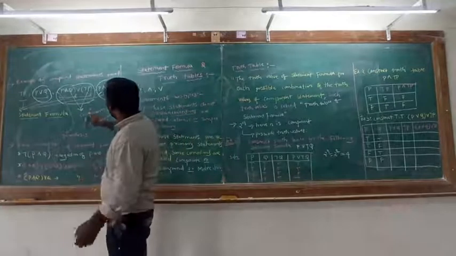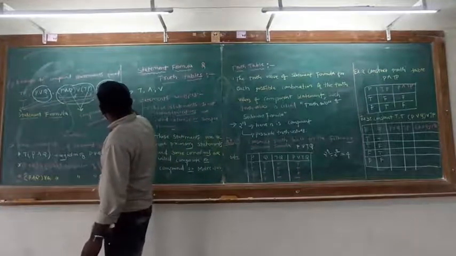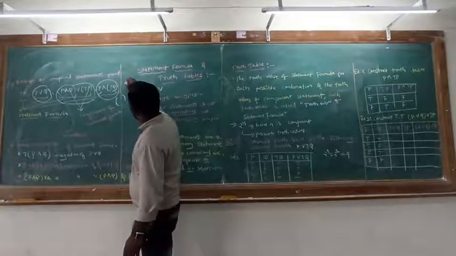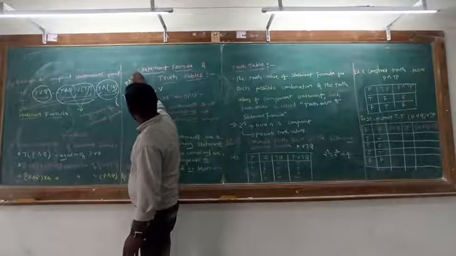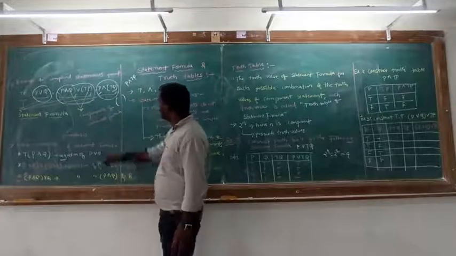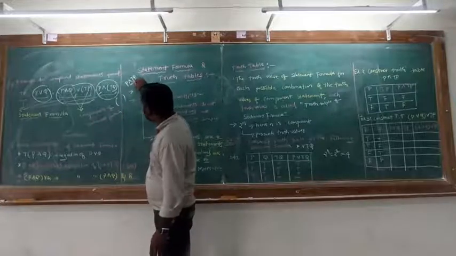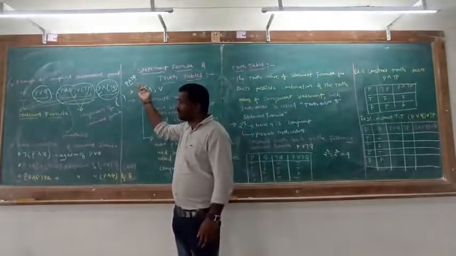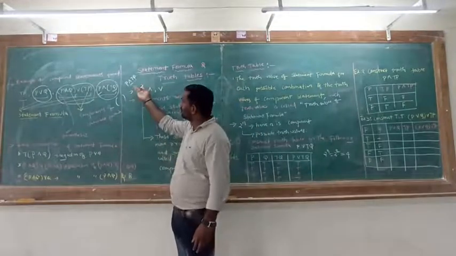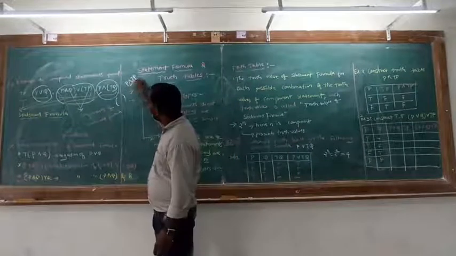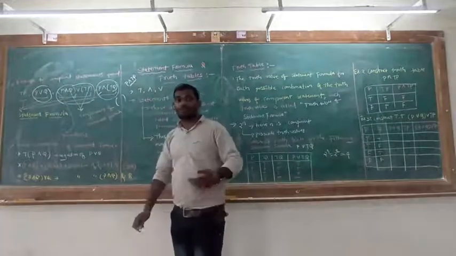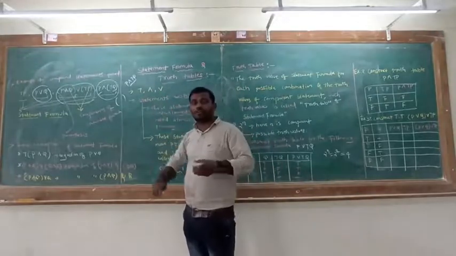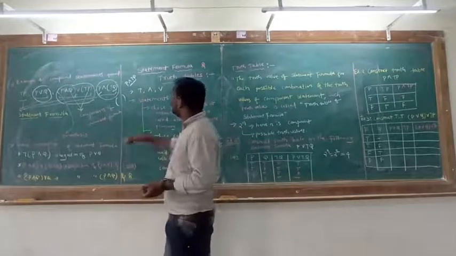Here we are using P conjunction negation Q. Suppose you are not using any parenthesis: P conjunction negation Q. Both the conjunction and negation will be there, and how do we evaluate first? How can I evaluate the first symbol? Conjunction is there and negation is also there, so it is difficult to evaluate these symbols.